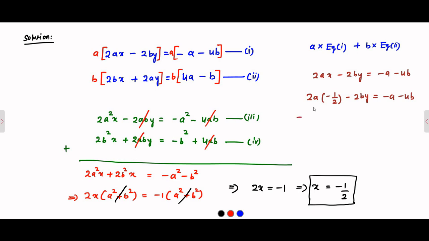That implies here 2 gets cancelled, so we have minus a minus 2by is equal to minus a minus 4b. So here minus a gets cancelled, that implies minus 2by is equal to minus 4b. So minus minus gets cancelled, that implies y is equal to